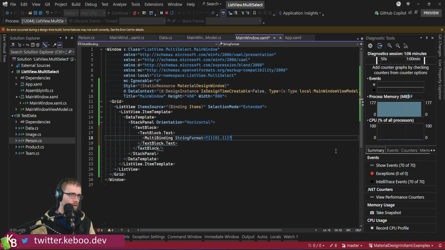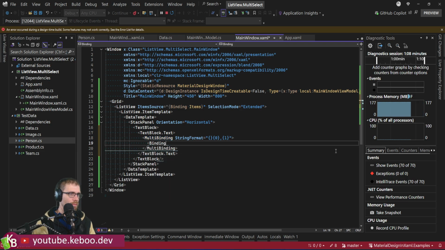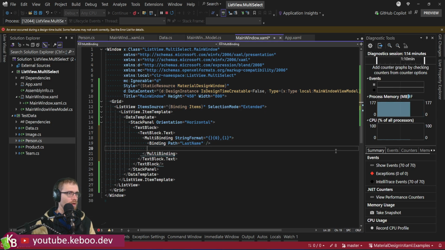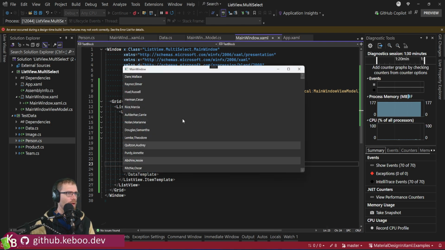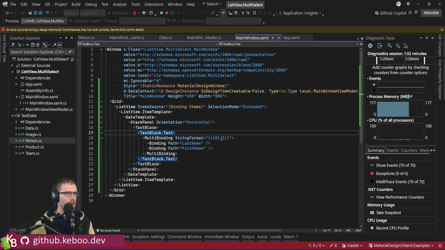This will go binding, path, last name. Hey, Copilot, figure it out. No? You're going to make me actually type? Oh, I'm debugging, so you're probably not running. There. So aside from the fact that I missed the space,